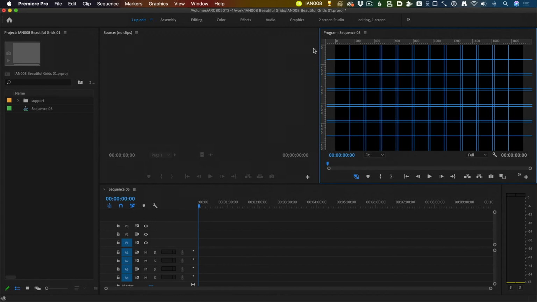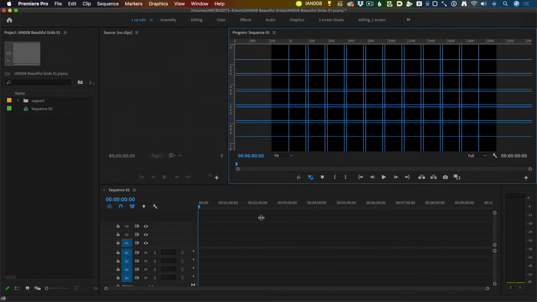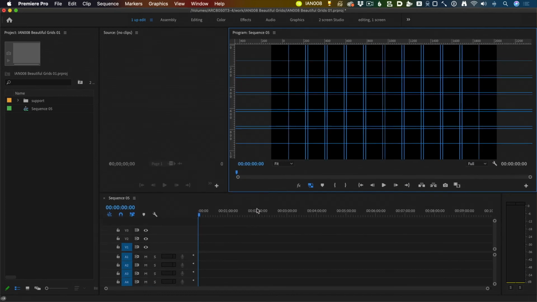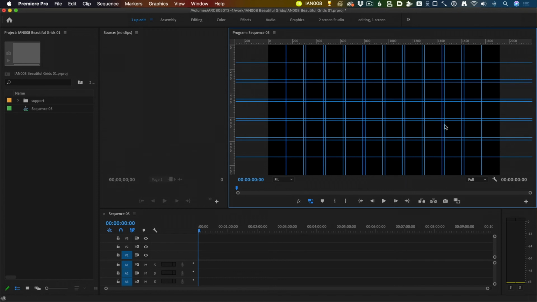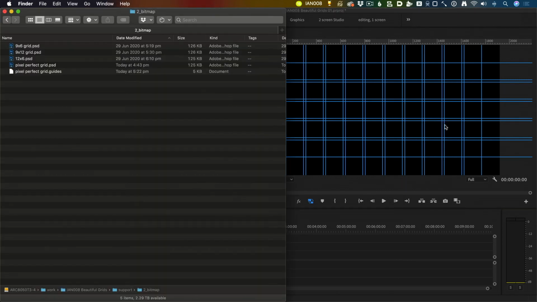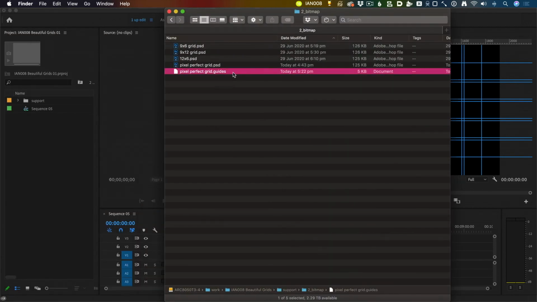I've been saying pixel perfect so much because I'm just so ecstatic about being able to create pixel perfect guides with ease, the right number of rows and columns for any situation. One more thing, the Pixel Perfect Grid Guides file that we created before is a JSON file. JSON is a kind of nerdy JavaScript thing. You don't really need to know too much about it, but if you are the kind of person who cares